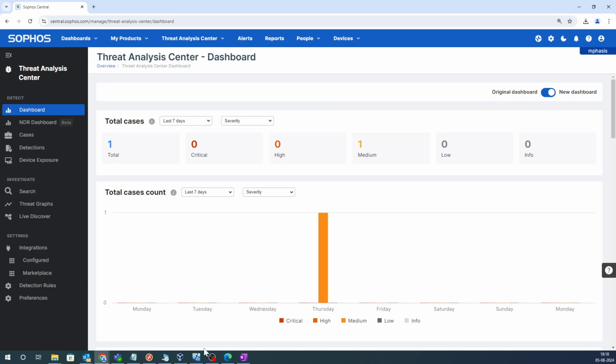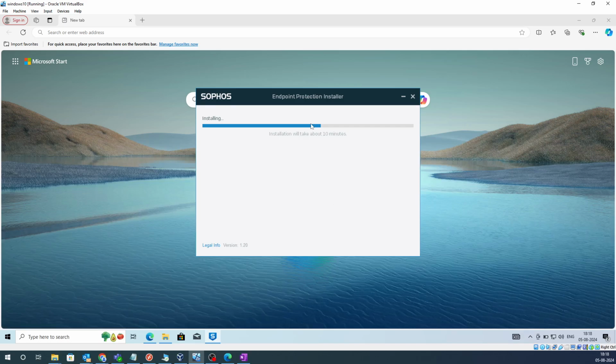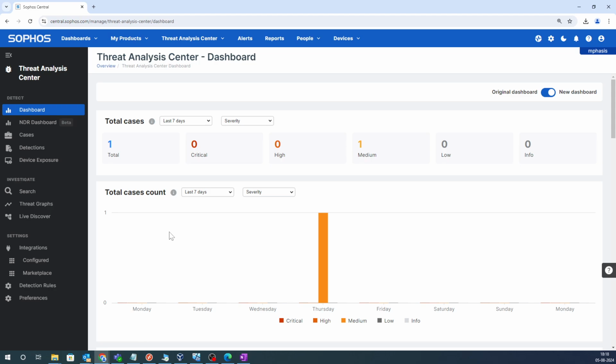Before moving forward, I will go ahead and check once whether the installation has been completed or not. Installation will take about 10 minutes. We still need to wait in order to get this enrolled. We can view multiple things in the single Sophos Central dashboard that would give you a very good idea of how things look. If you go ahead and click on detections, the detection would give you,